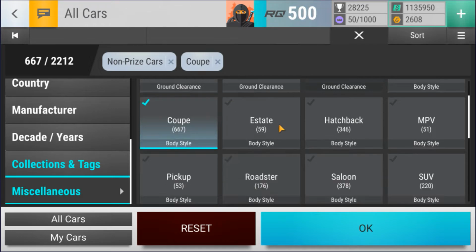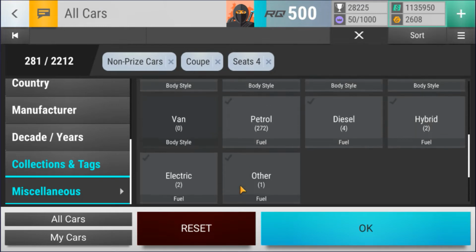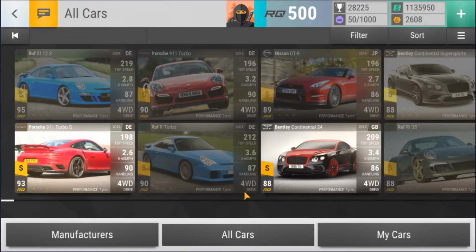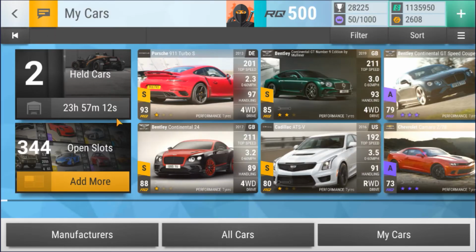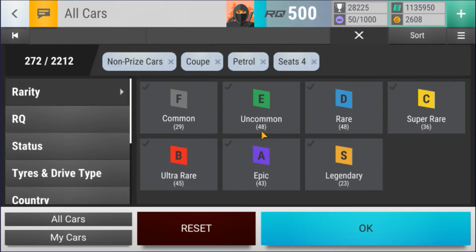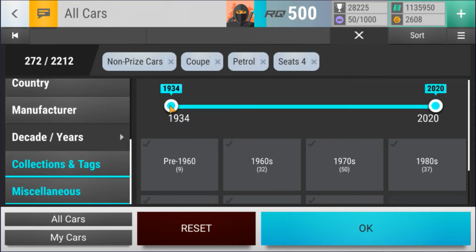Okay, so if we click on that coupe, we'll forget the petrol tag just for now, because I don't think it's too important, to be honest with you. I'll click it anyway. Now, if we look at the cars here, okay, I've made a mistake. What have I messed up in here? I haven't put pre. Okay, I need to go and do the year as well. My bad. So, up to